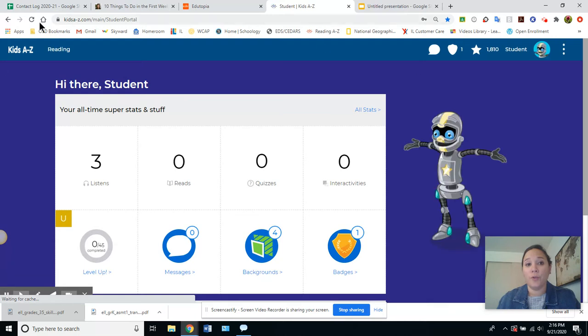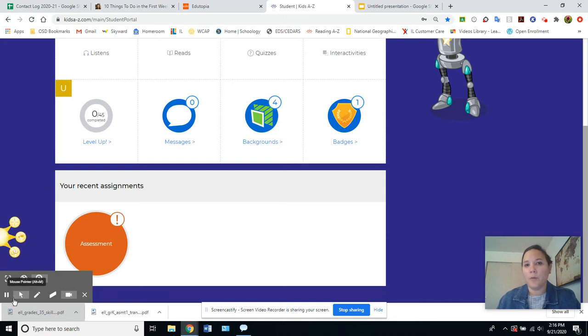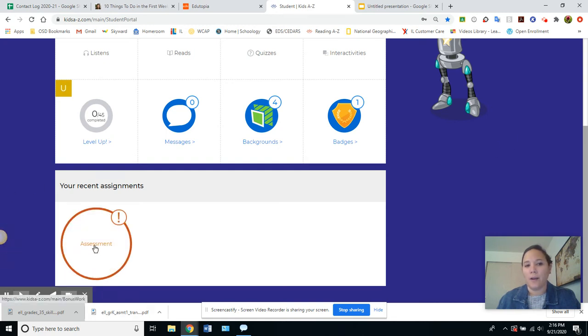That will bring you to your own portal. It will say hi there, and it will say your name. You'll see your own little guy over here. You can do other things with him. We're going to learn more about that later. Today, what we'll be working on is this part right here, assessment. Click on that red circle,